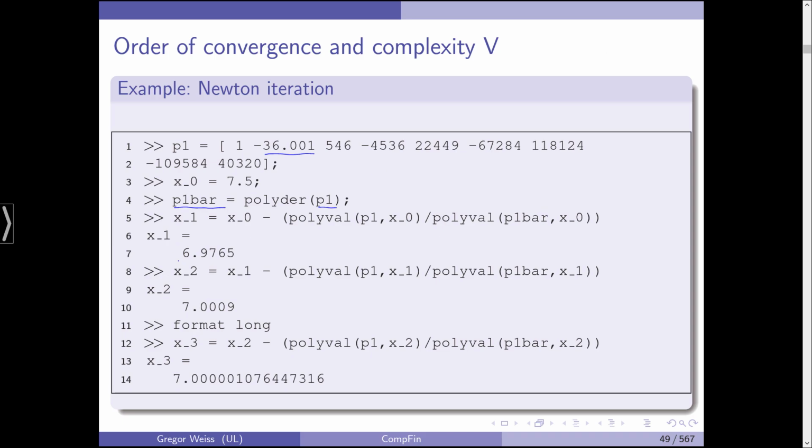We calculate this, we get 6.97, second step 0.0009, and now if we write it in a format that is long, x3, after just 3 steps, we have a root that is